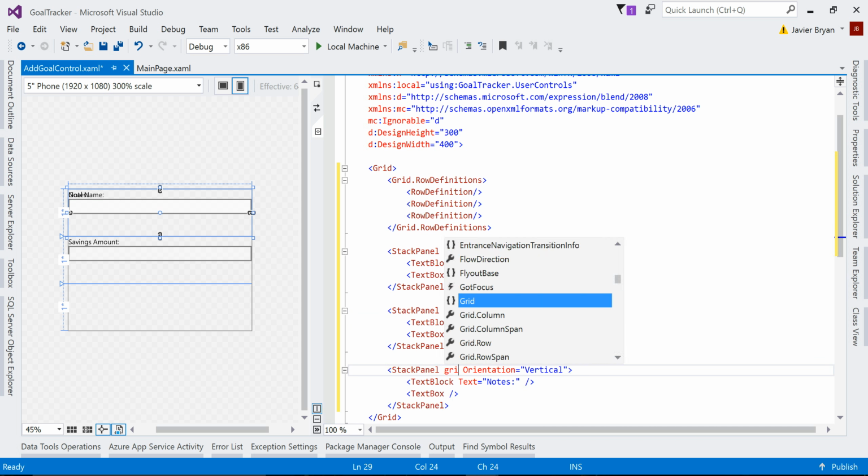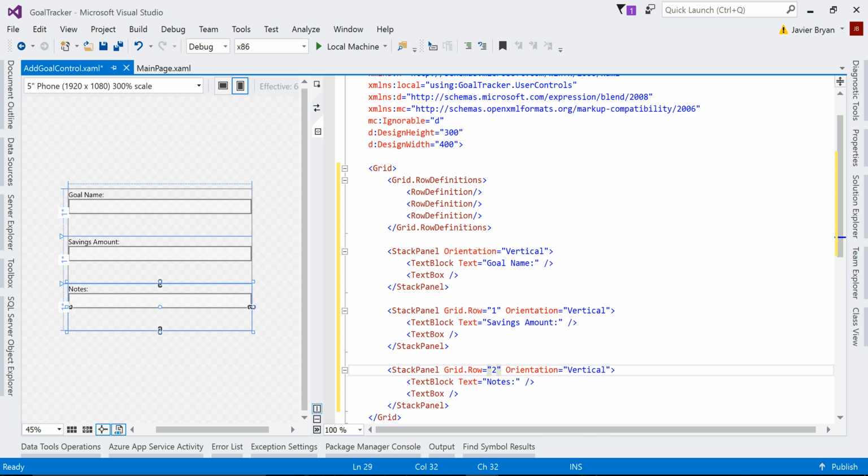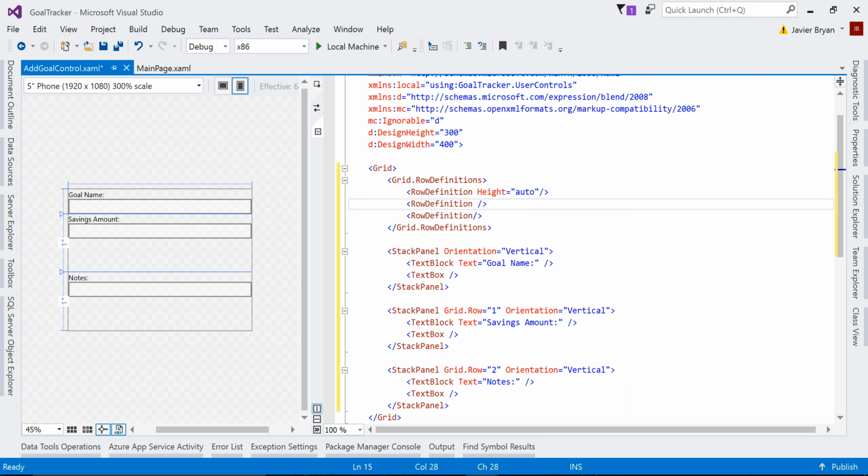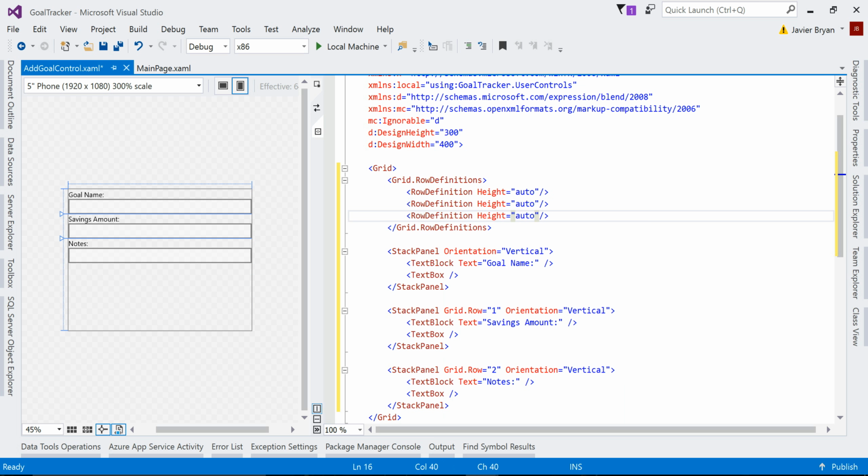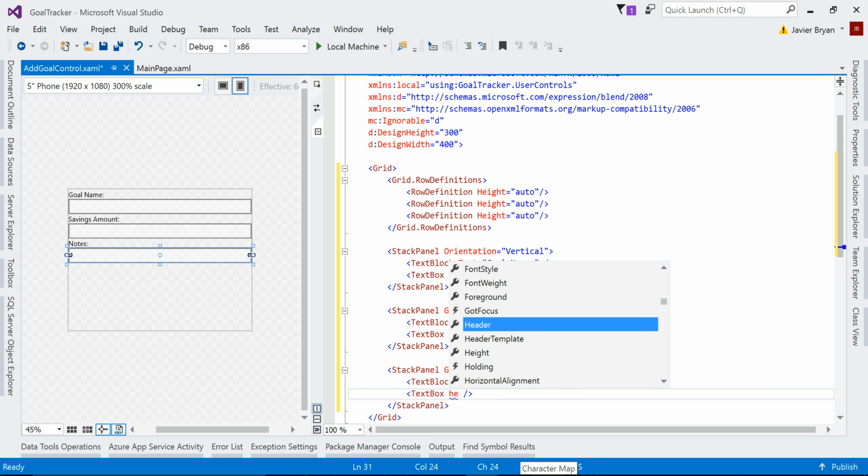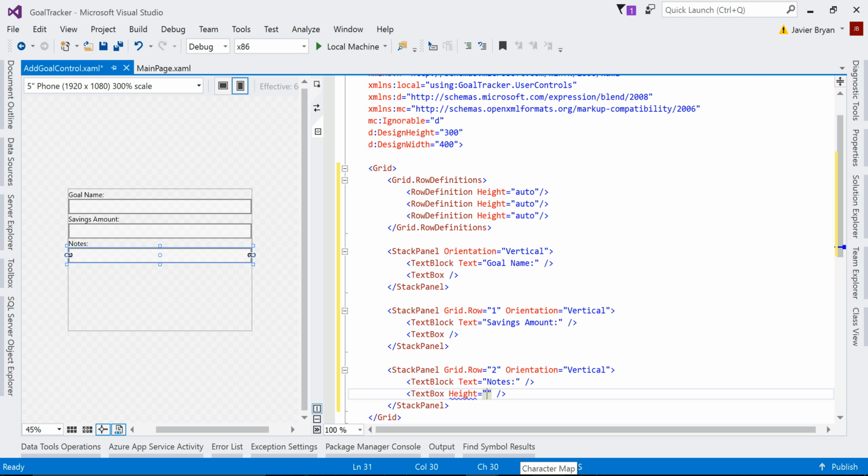And then grid.row.2 looks legit. Let's see if I make the height auto. That looks better. We don't need all the extra space. Cool. Let's actually make this text box a little bigger. 200? Well, nope, too big. Looks legit. Alrighty. Now we'll have to give all of these text boxes names because we will want the actual